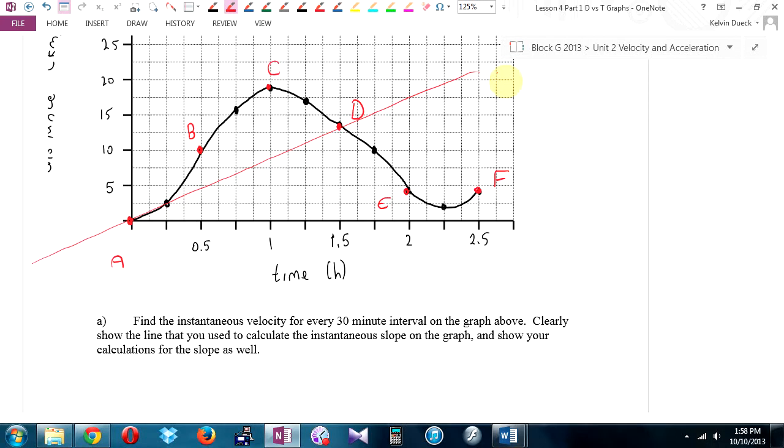Then I would say to myself, hey, look, see. I go through this point, and I go through this point. Two points nice and far apart. If I want to find the slope of line A, the instantaneous slope, the velocity at location A, I think my rise is,